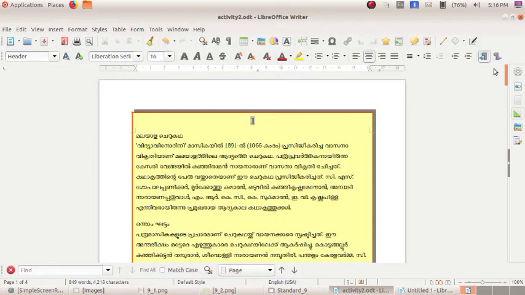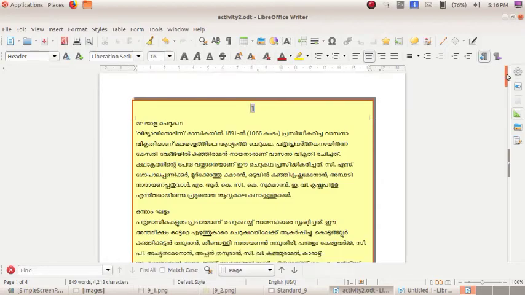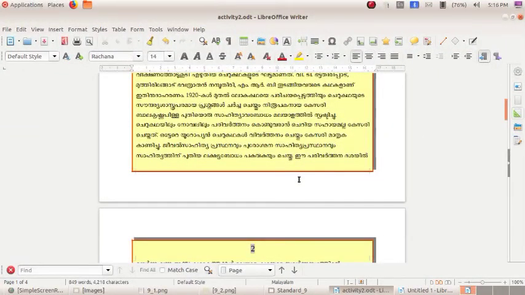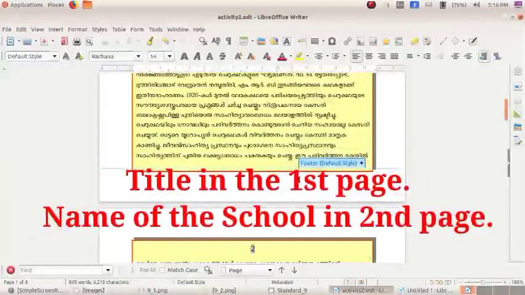Next you want to give the footer. Okay, so click here, you can see the footer space. Now you want to give the title of the seminar in the first page. Okay, then the name of your school in the second page. Is it possible?